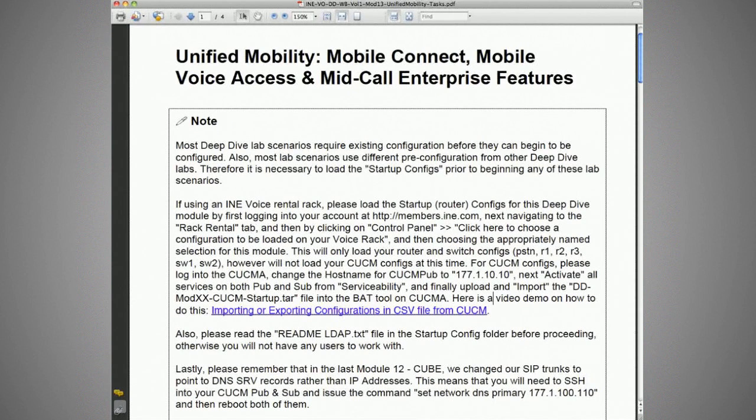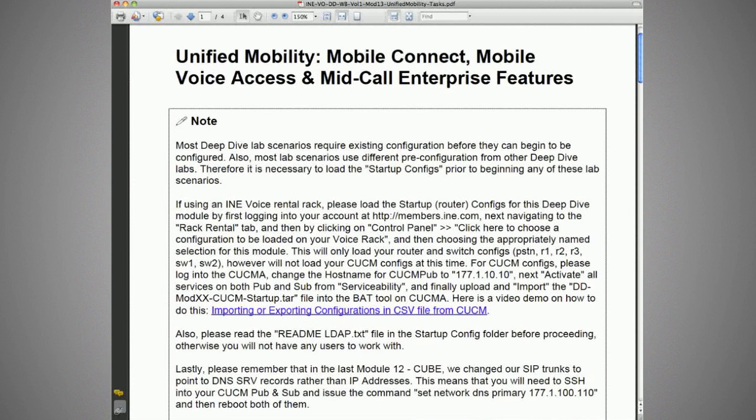Also, one other thing we note in the video is that sometimes calling search spaces don't have the partitions imported properly. This is just due to the order in which they import. They almost always do work properly, but if they don't, you may just need to do another import over top of each other. These things really don't take a lot of time. They're just some considerations to keep in mind, and really they're the only way that we can provide you with